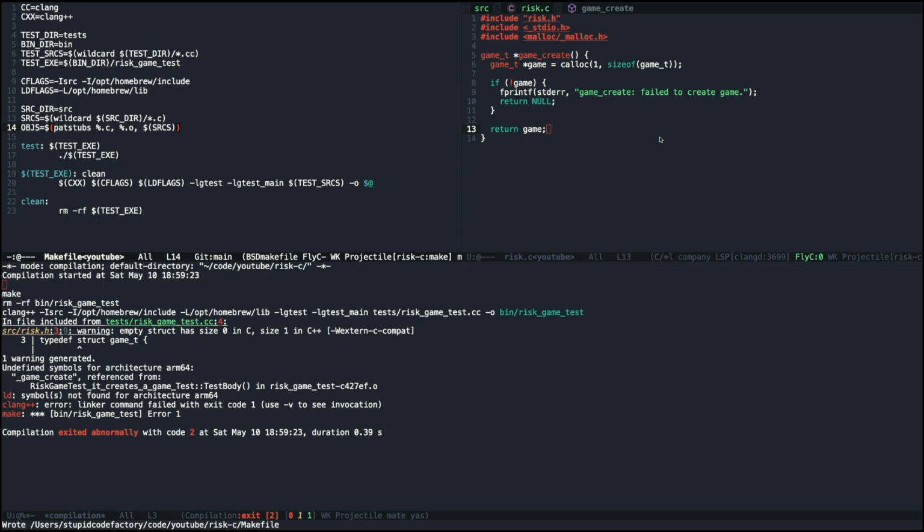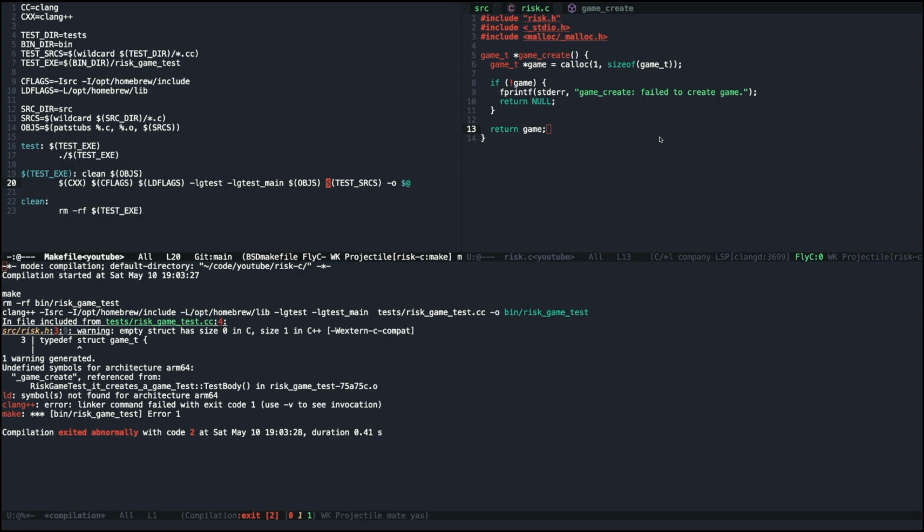And we need to provide those objects to the tests executable. So if I'm not wrong, I think you do this, and then you pass $(OBJS) here. We'll see if it works. I'm not quite sure, but I think that's how it works. Right. Let's run the test. It's gonna fail, but we'll have a